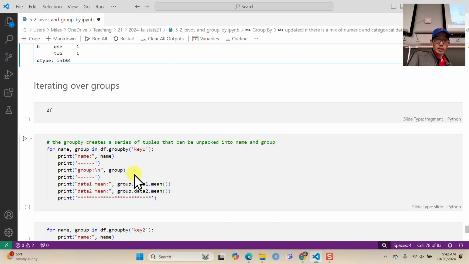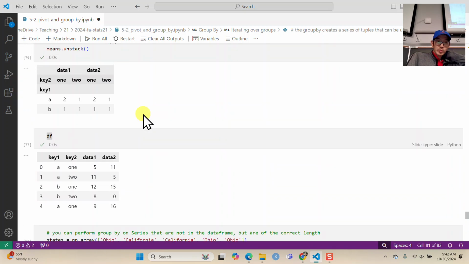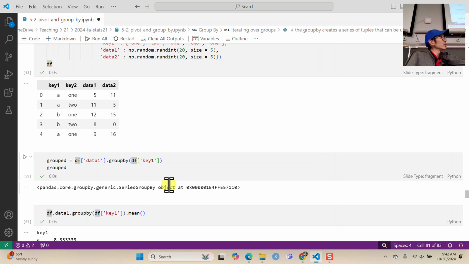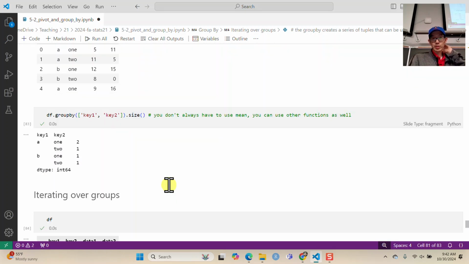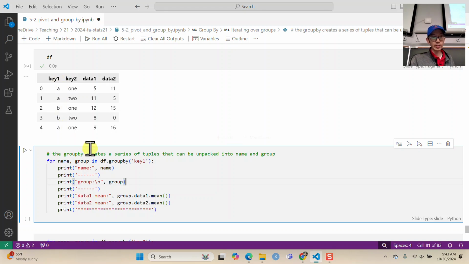When you do a group by internally, so remember Python being lazy, you get this group by object. And internally, the group by object is iterable. You can iterate over the things in the groups, and so you can incorporate it, say, into a loop. So if I take this data, group by key 1, what it's going to do is internally look at key 1, and say I see 2 unique values, A and B,